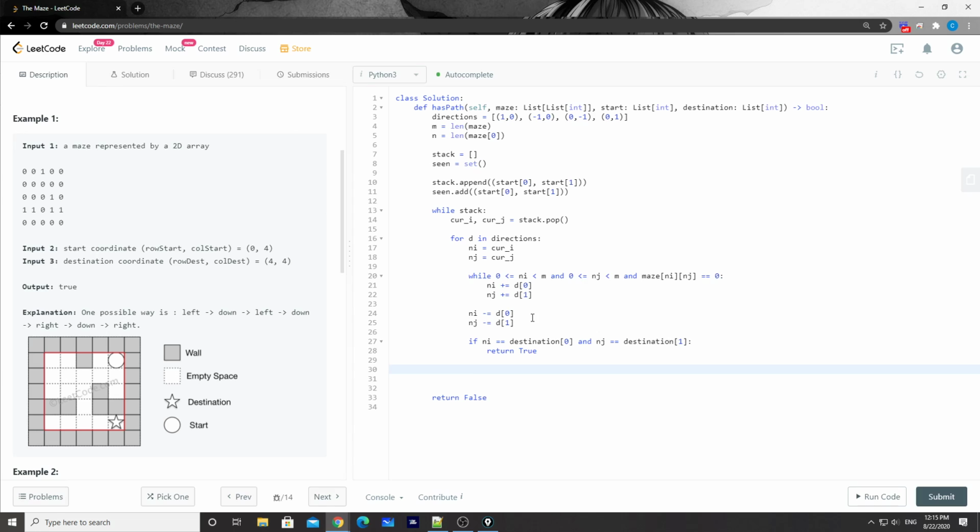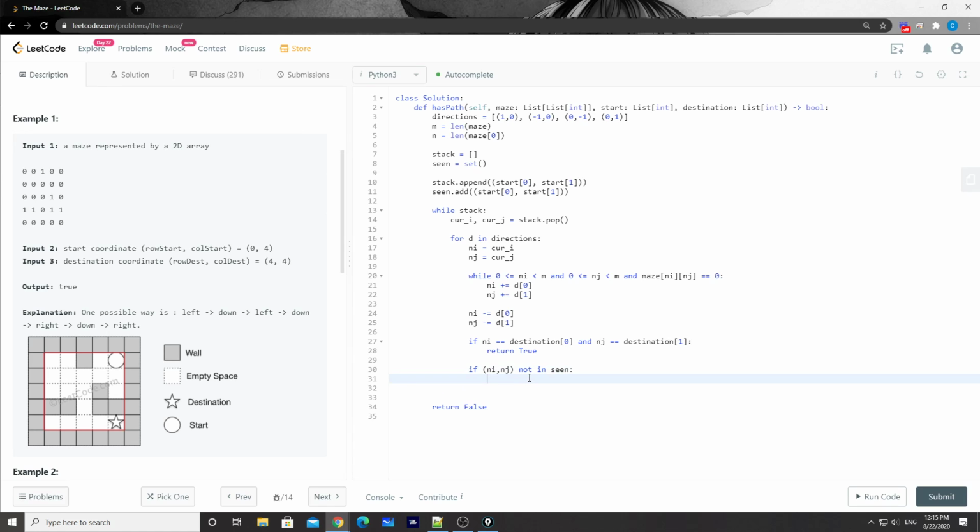Otherwise, if the new I and new J is not in the seen set, if this stopping point has not been seen before,